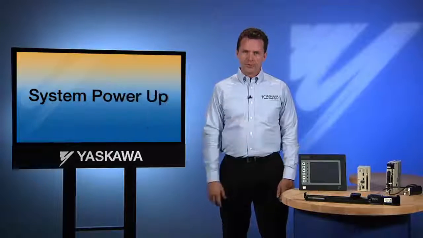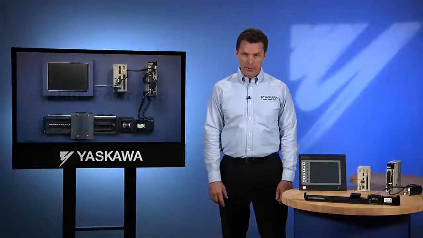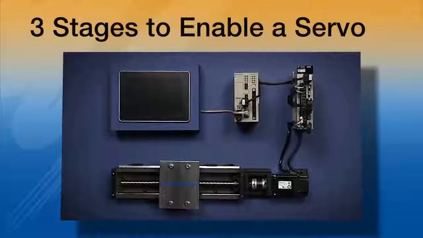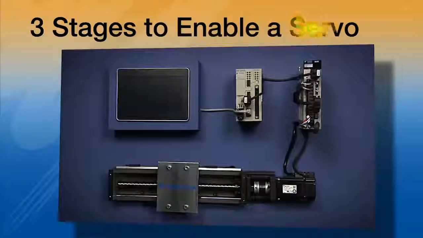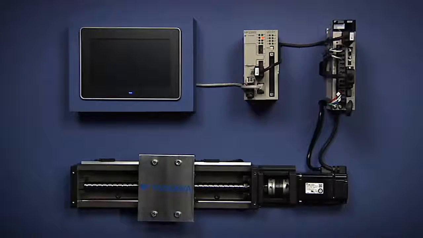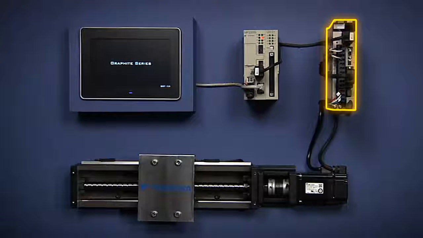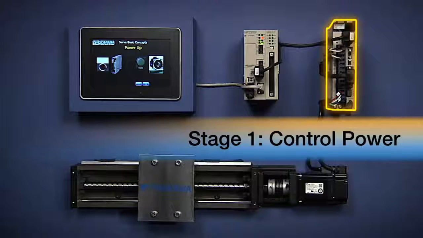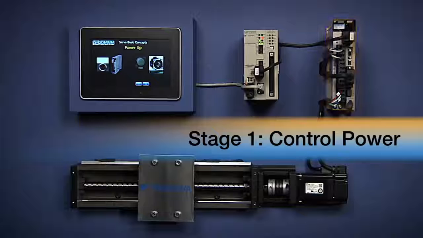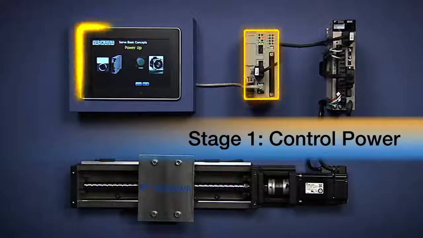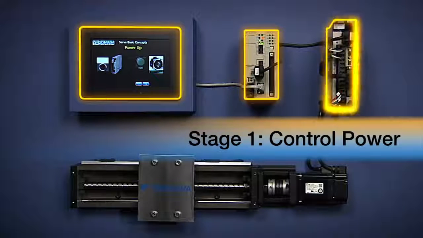Turning on a servo isn't as simple as switching on a light bulb. It's important to know that there are 3 stages to enable a servo. First, the amplifier itself must be turned on. We refer to this as control power. The system is typically wired to power up the controller and the operator interface at the same time servo control